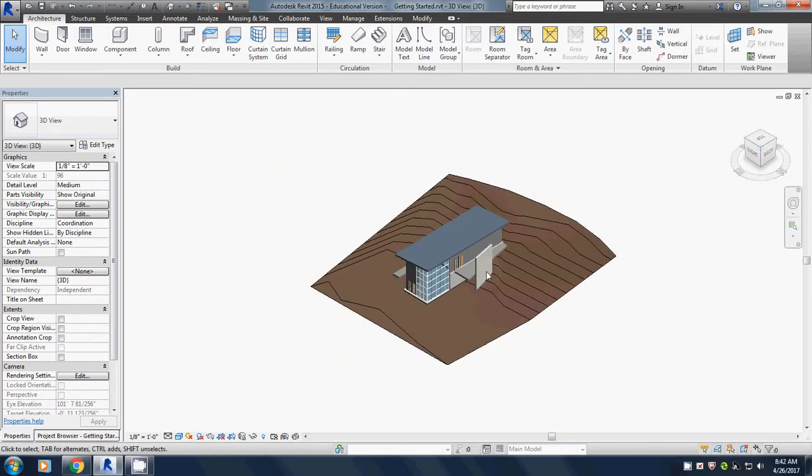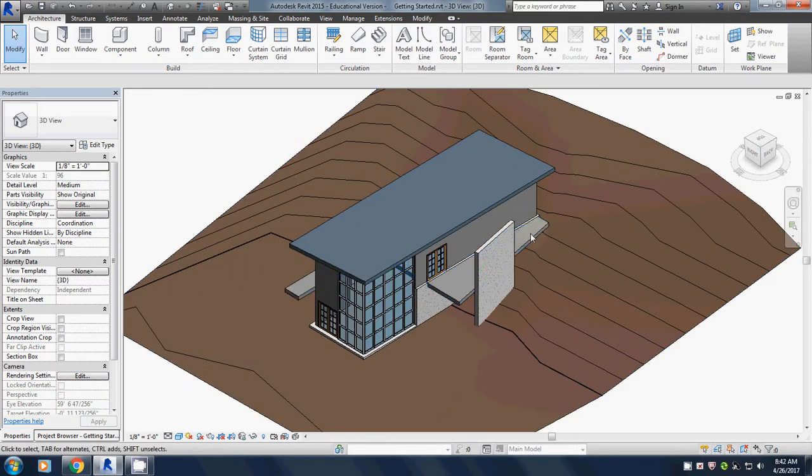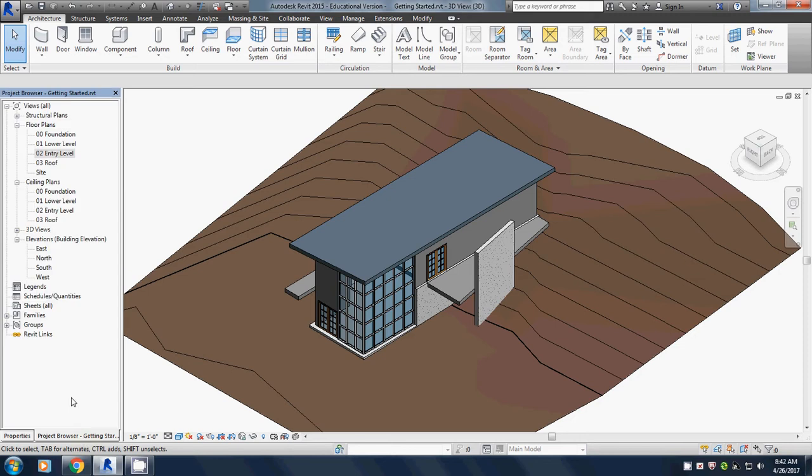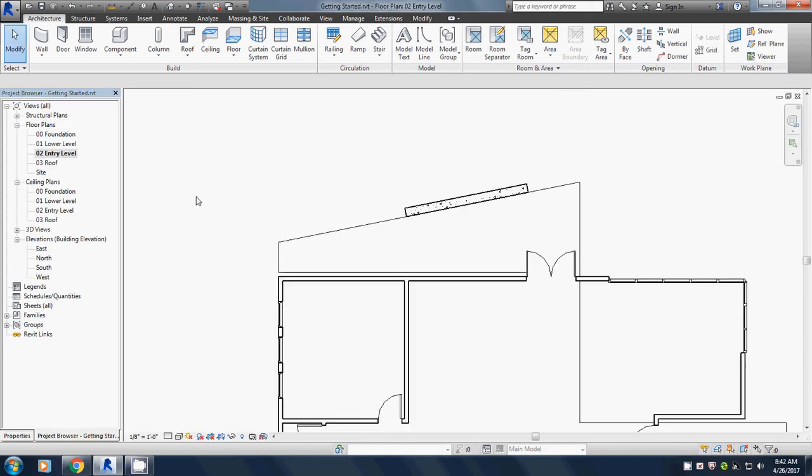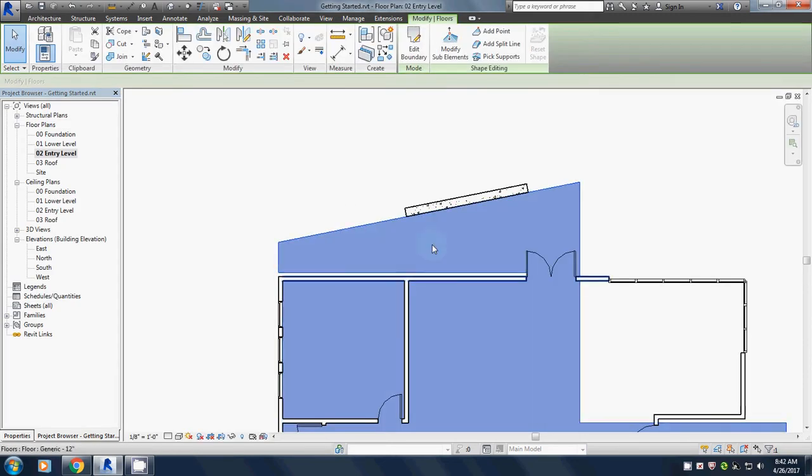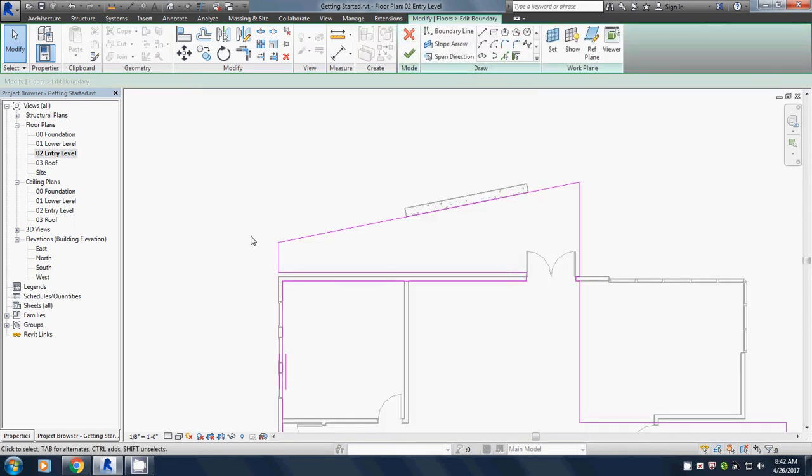Looking at the side here, the easiest way to do that will be once again to modify this balcony we just created and slope it down. Okay, to do that, let's go back to Project Browser, our 02 entry level. We're going to modify this floor plan one more time. It's good practice. So we're going to edit that boundary. We're going to come in here and we're going to grab this little 3'6"